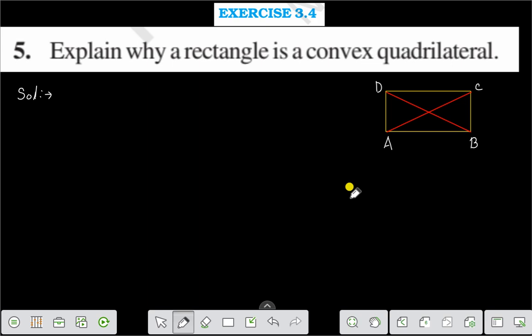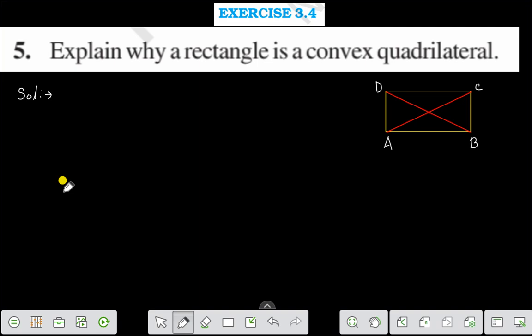Explain why a rectangle is a convex quadrilateral. Here you see we have drawn a rectangle and you see the diagonals are inside the rectangle, right? That's why you can say that